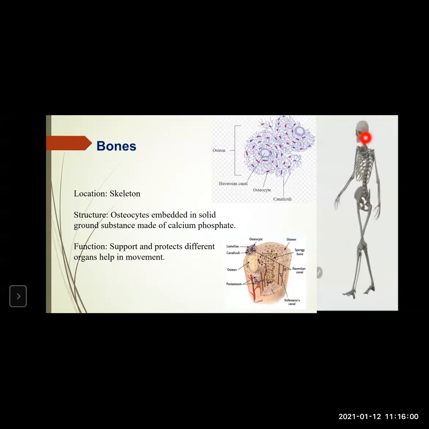The skull, brain is present in the skull. So the skull protects the brain. This is the vertebral column within which the spinal cord is present. So it protects the spinal cord, and it also supports the body. So its main function is to support and protect different vital organs, and it helps in movement. As you see, it is helping in walking, running, writing, each and every movement, because of the joints that are present in our bones. We can move our body easily.